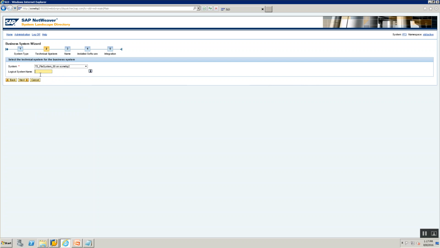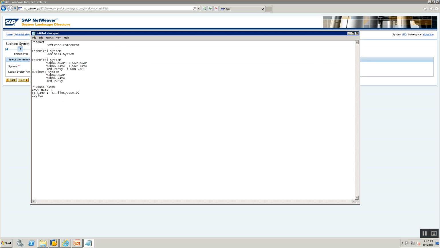My logical system name, let's give a logical system name here. It can be anything that you want. So I'll say BS business system, I'll just say file sys 00. Okay, let's note it down. Logical system was file sys 00.